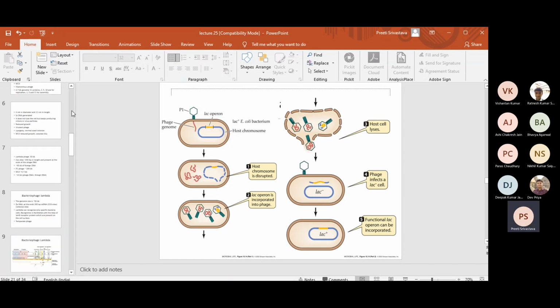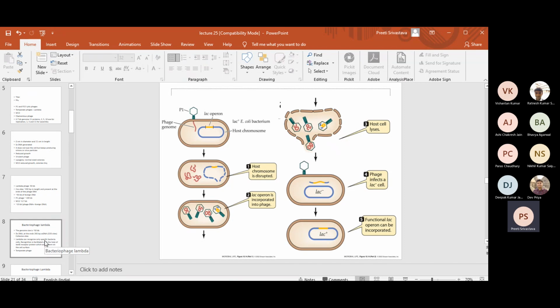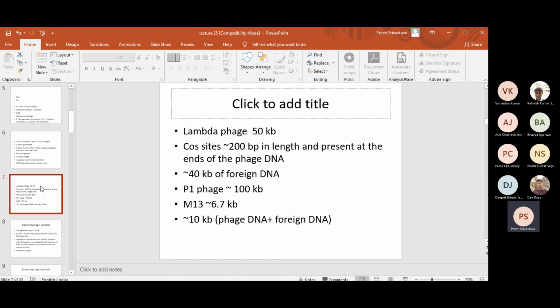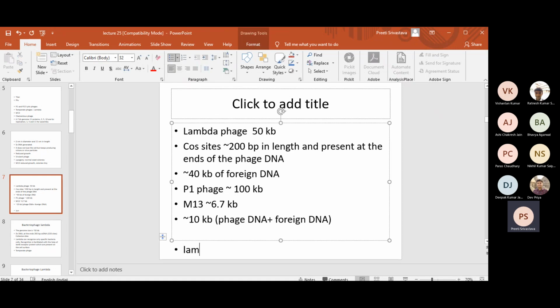Okay, so filamentous phages can escape. On the other hand, lambdoid phages, the structure is big, so they require certain receptors on the surface of E. coli. These receptors are called LAMB receptors, and it is the LAMB receptor which recognizes the phage. The LAMB receptor should be present on the surface of E. coli, and then only that E. coli will be recognized by lambda phage. If you do not have LAMB receptor on the surface of E. coli, then that E. coli will not be infected by lambda phage. Okay.